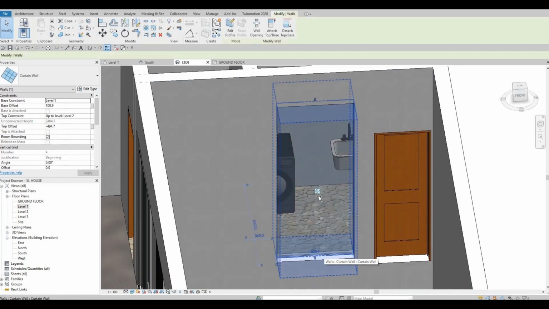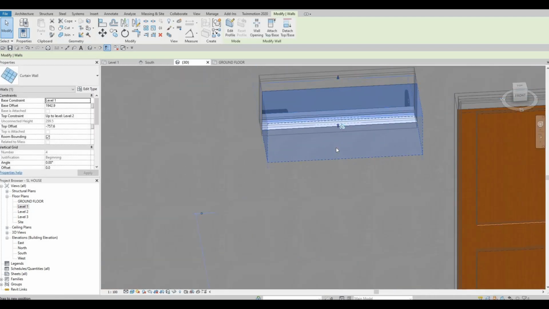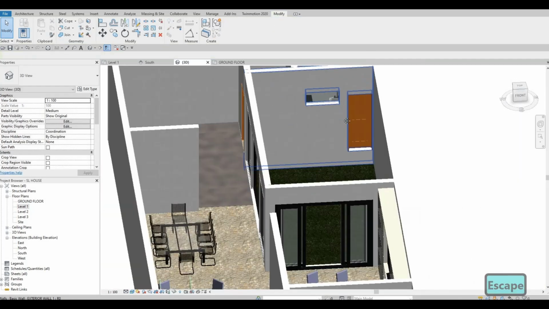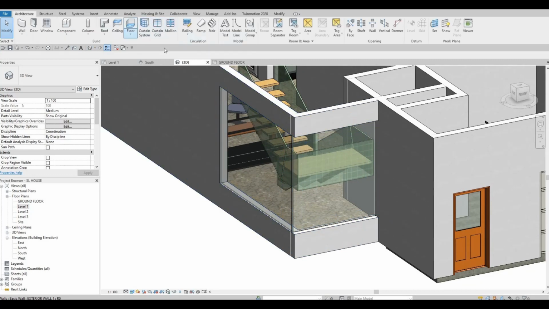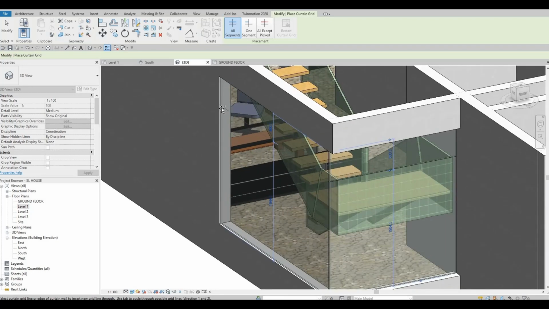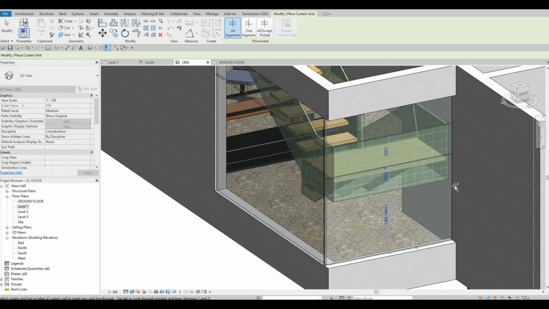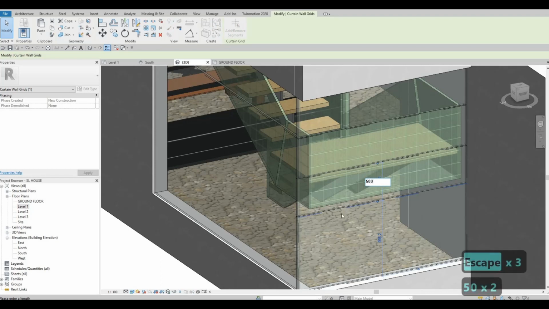So here I just want it a little bit up like that, because we just need some sunlight there, or natural light to come in. And in terms of the design, I want it to be horizontal, so I'm gonna click on architecture and then click on curtain grid, and then here we could just add the proper grid, so around 500 from the top, and then let's do the distance to be 500 as well. So select this and then click on 500